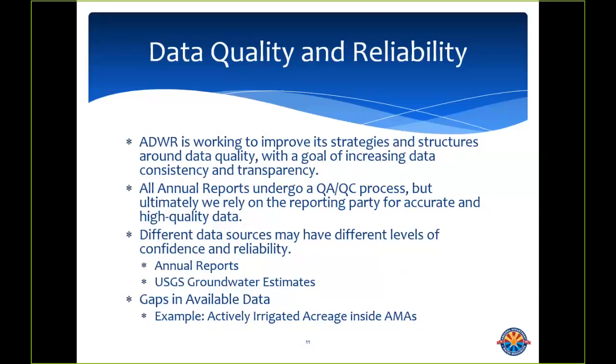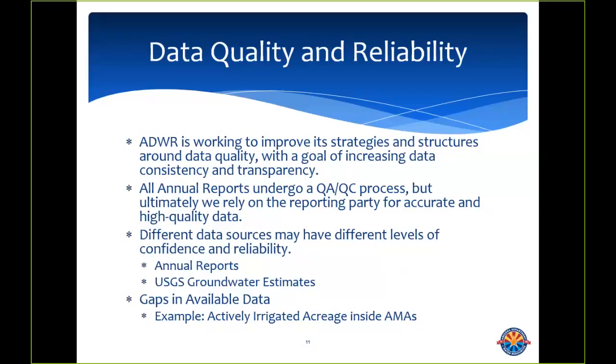Part of that can consist of us communicating better about these data sources and what we see in terms of their reliability. Typically, the best form of data we have is the reported data from the AMA annual reports. And while other sources, such as the USGS numbers, can be immensely helpful, it's still a calculation-based estimate and might have a higher margin of error than things like the reported data inside the